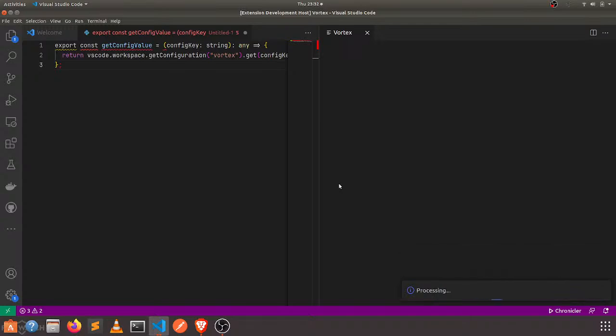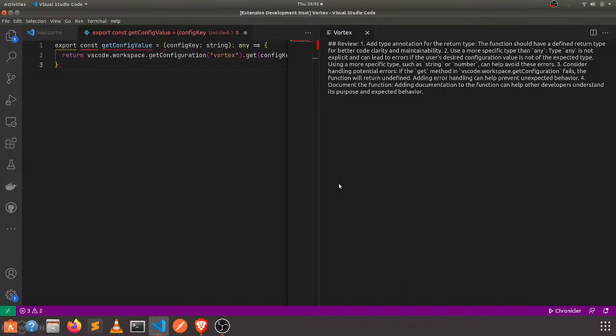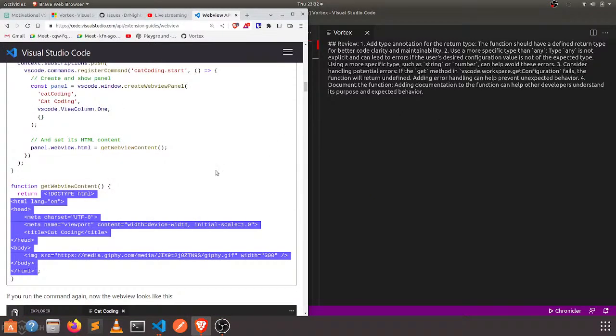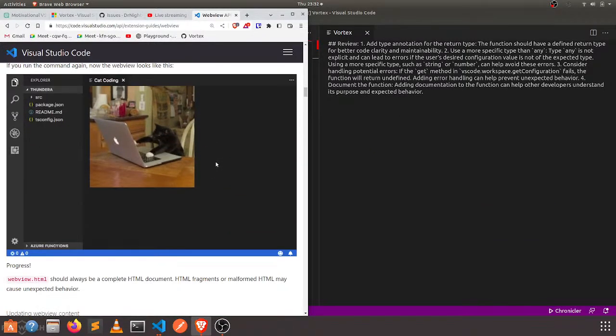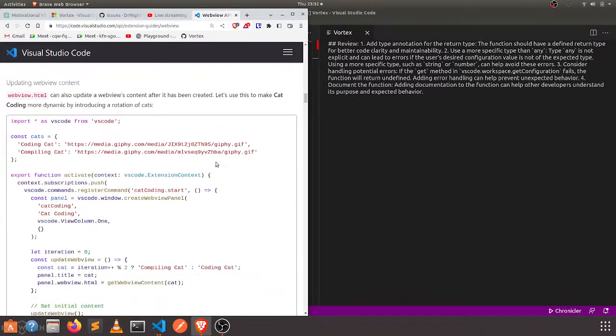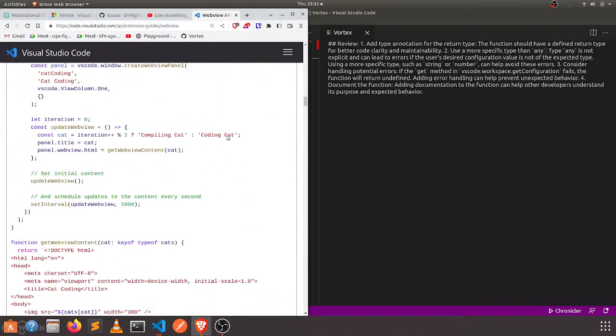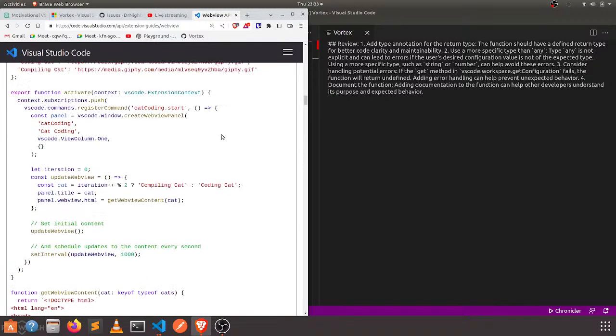And this, as I mentioned before, is exactly why I would like to stream the response, because I don't want the user to wait this long. As you can see, it's dumped the response over here, but now I need to start thinking about formatting it. Let's see. This is updating WebView content, where I can just possibly